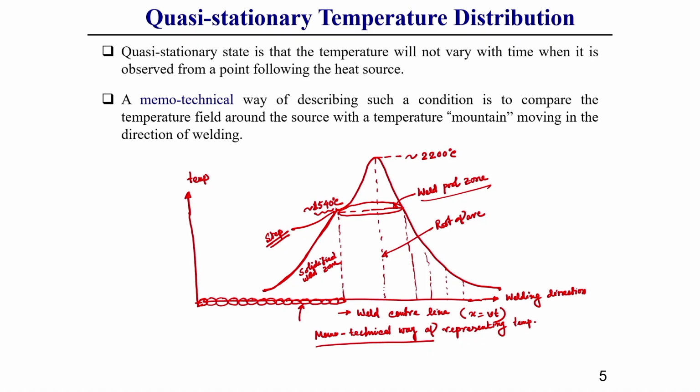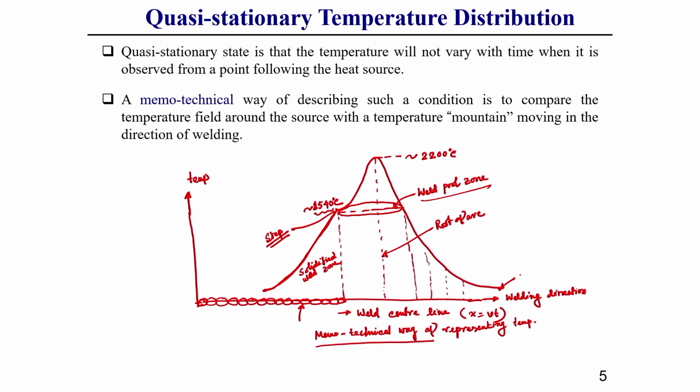This is the temperature distribution along the weld line that I am showing. Why am I showing this? So you should have some idea how this temperature profile is varying. At the weld center line there will be a molten pool. In this molten pool zone, the temperature gradually decreases toward the boundary. At the center of this pool there is a high temperature, and in front of the molten pool zone there is solid material.